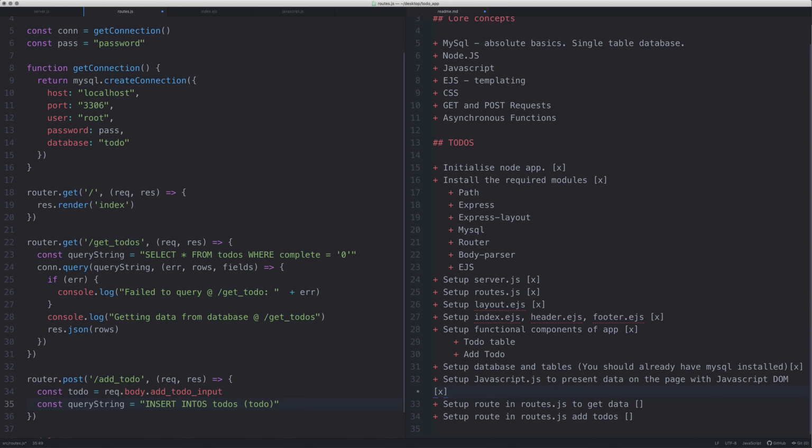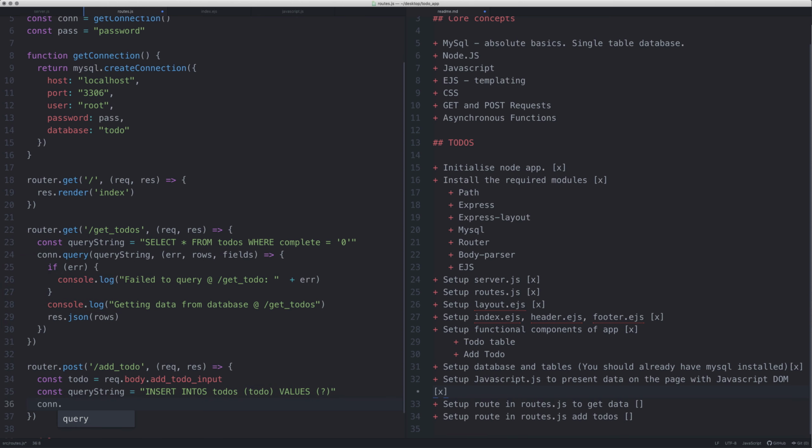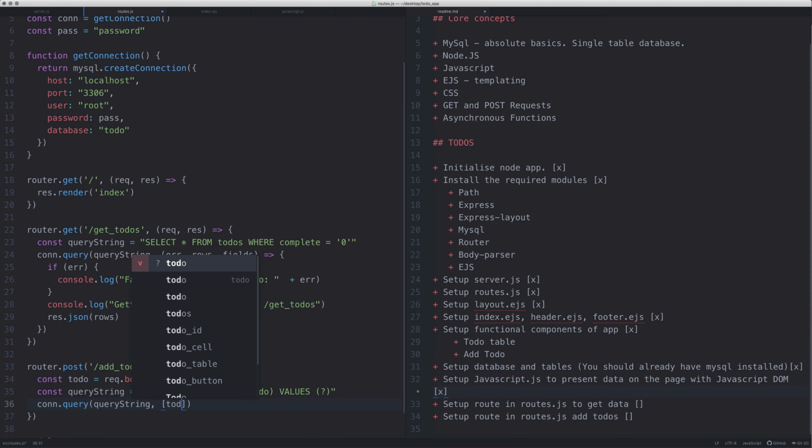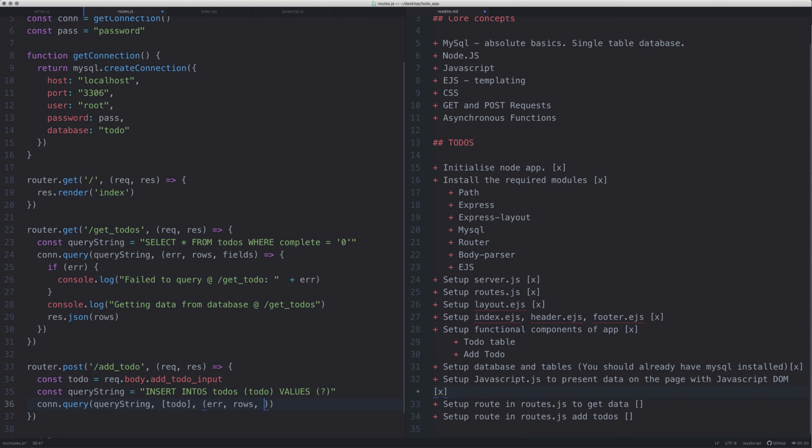To-do. So if we're going to put in loads of different variables, we're going to do that. So we're going to put in the to-do values, and then we're going to put in a question mark. Okay, and the way we're going to pass this is we're going to say con query string, comma, square brackets, to do, because we've called it to do over here. And then same as last time, we're going to say error rows fields, again another little square bracket,